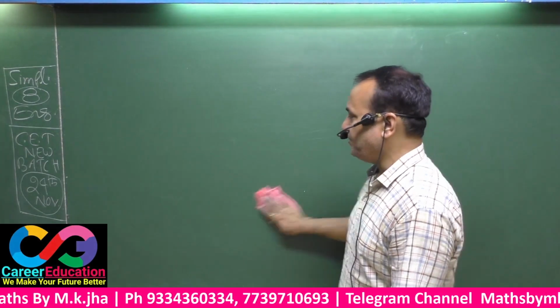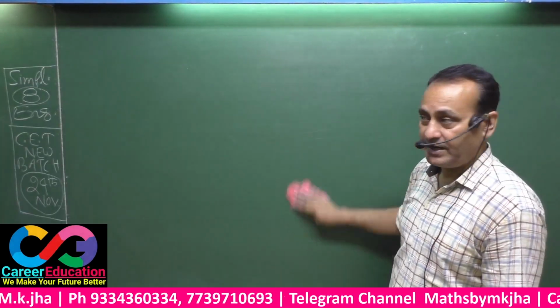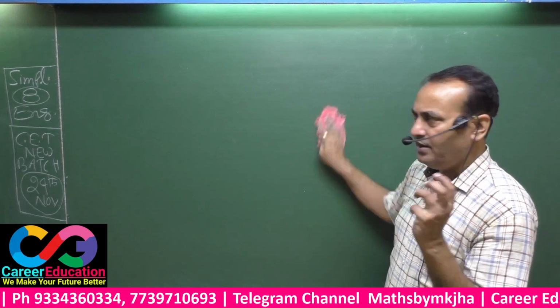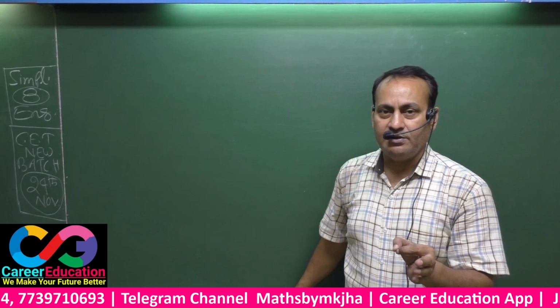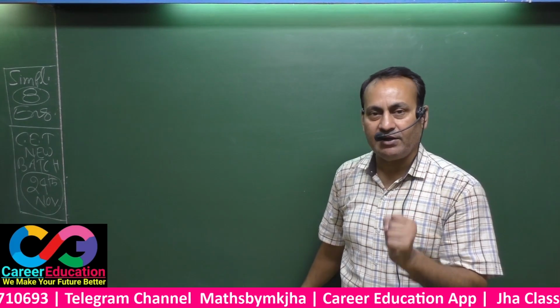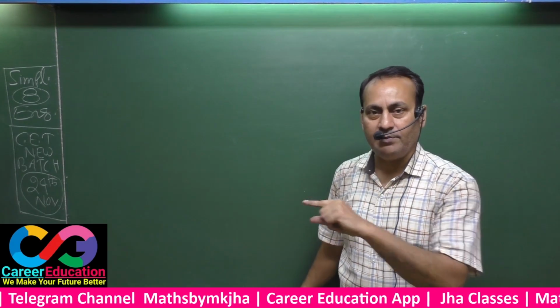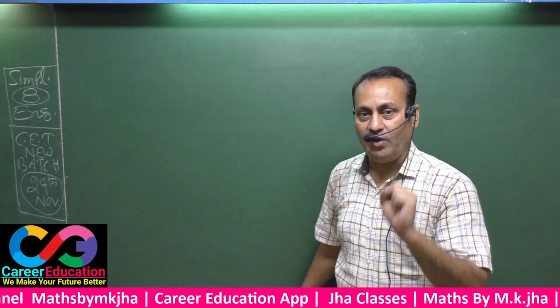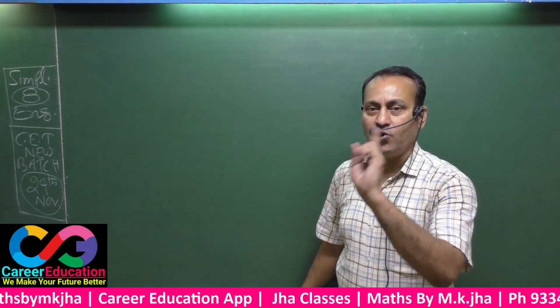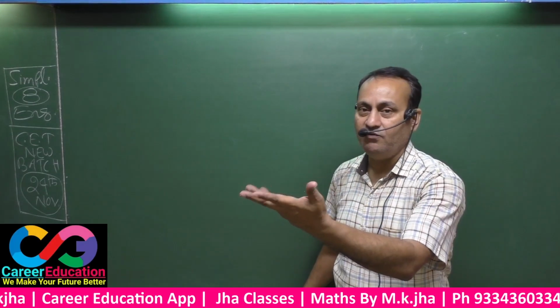If you have to subtract something, certainly the remainder will be subtracted. Listen to me carefully. This is a note. If anything is to be subtracted in order to make the given number a perfect square number, certainly the remainder will be subtracted. But if you have to add something, certainly quotient plus 1 square will be the next number.